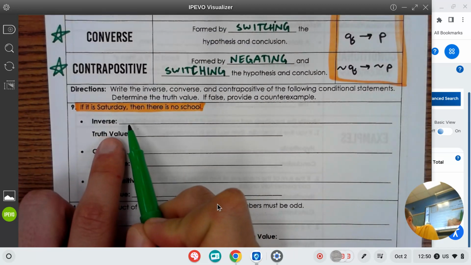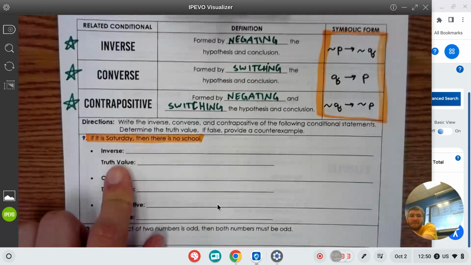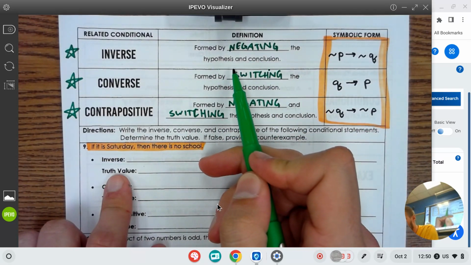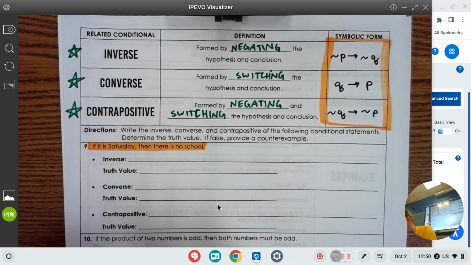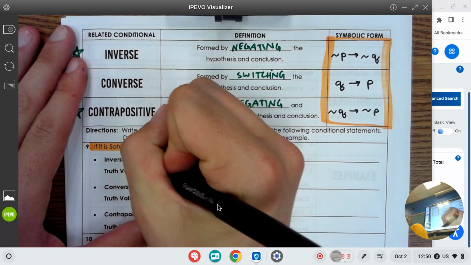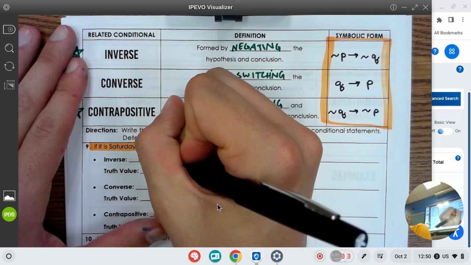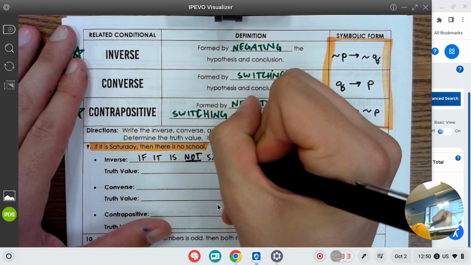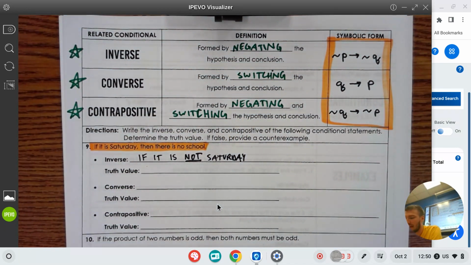So the inverse. For our inverse, we should be negating both, but not switching the order. So we're going to look at the if statement, and instead of saying it is Saturday, we're going to say if it is not Saturday. Again, that's by itself not that hard. We literally just put a not in there. Then,